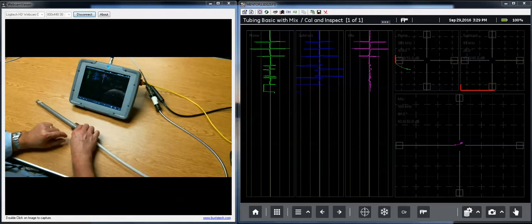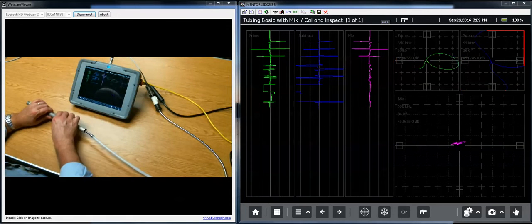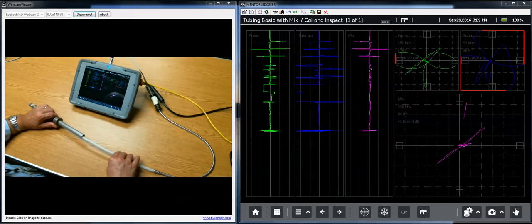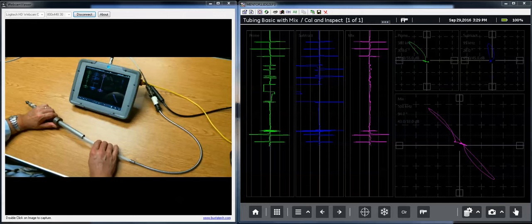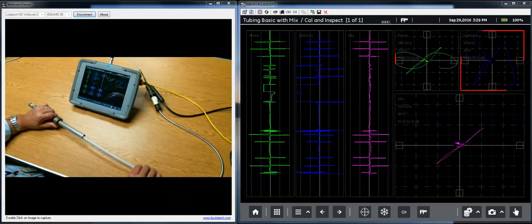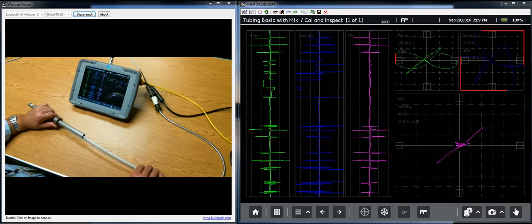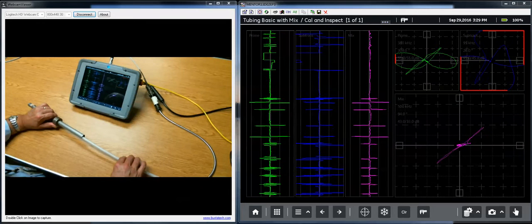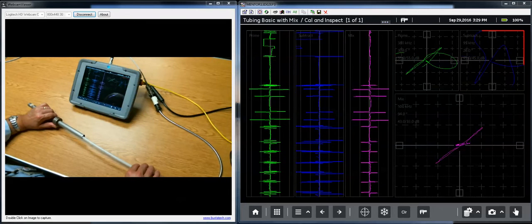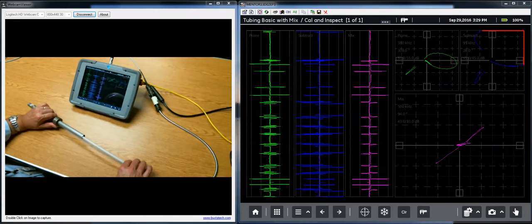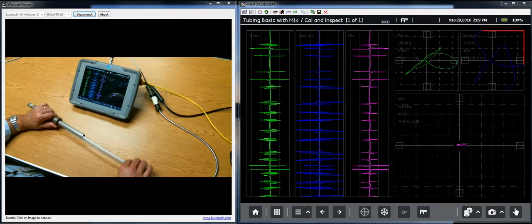Okay, now let's take our tube support plate and put it right over top of one of the defects. So as we go back through, there's the defect. There's the 3 defects. So defect 1, defect 2, and here's the one with the tube support plate. And you notice our response from the primary and the subtract channels are somewhat obscured by the tube plate. But if you notice the mix channel, the indication from the tube plate is gone, but we still have